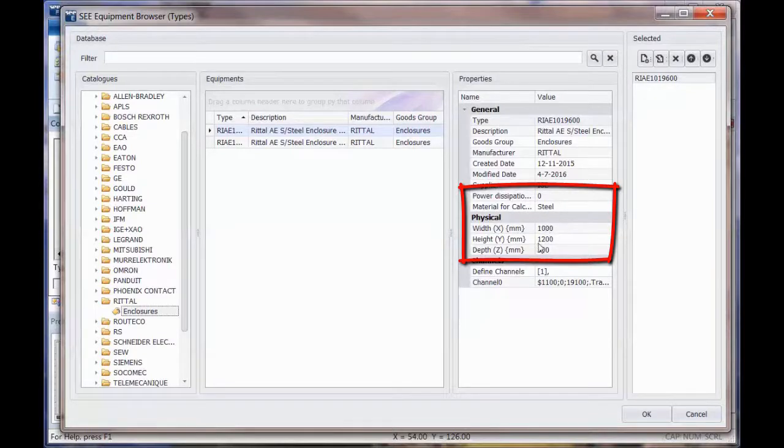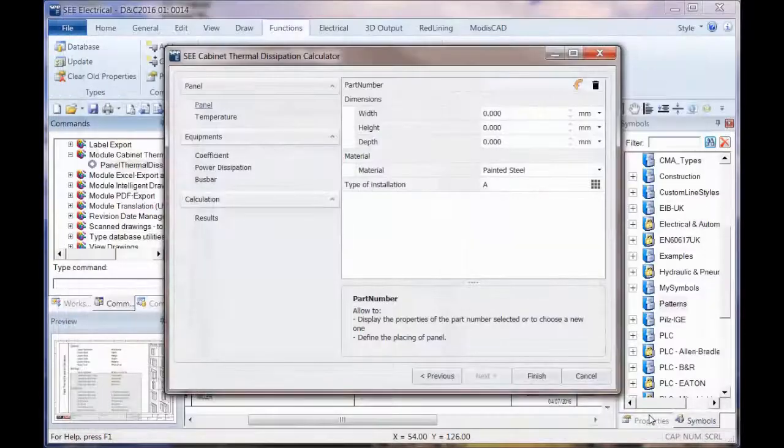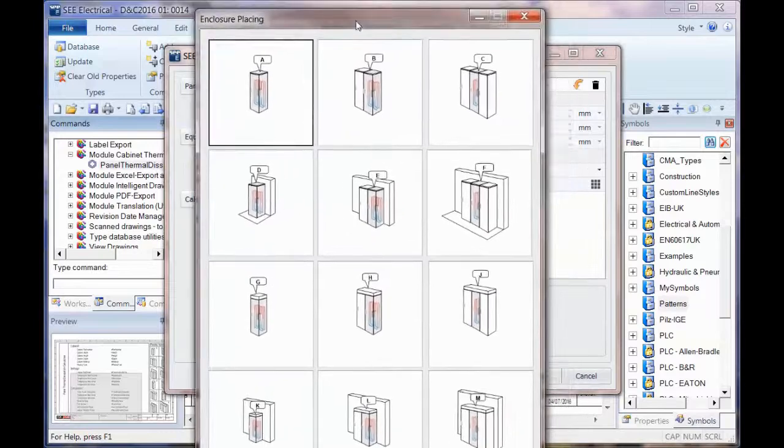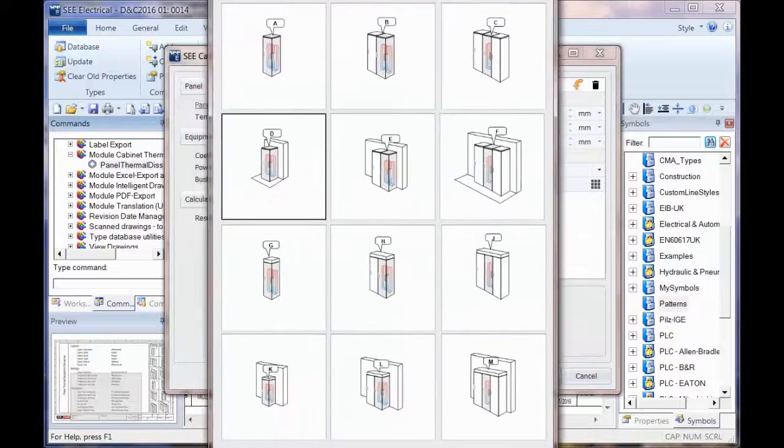We've also got the physical size on here, so it can work out the actual size of the panel. So we click OK. We've got those parameters. We can now say how it's going to be installed, so its position, and we've got the enclosure placing types here. So as soon as I click on, for instance, against a wall, it doesn't have anything placed on top of it, but it's just going to be placed against the wall on its own. So I'm then going to click on OK,